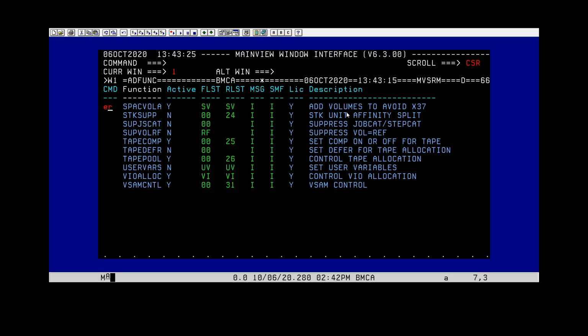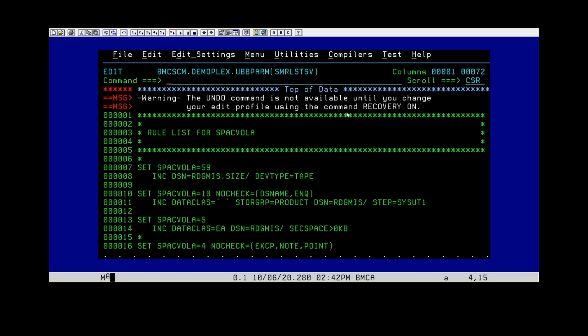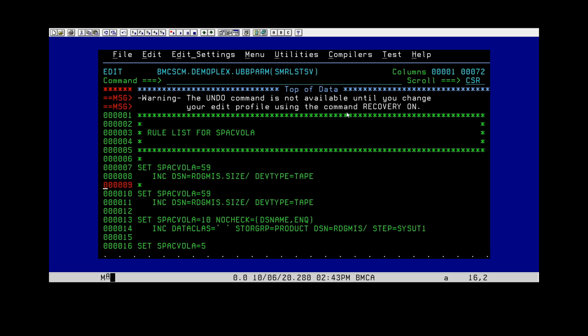We're going to edit this rule, and repeat these steps right here, and we're going to set them to 10 volumes, and the DSN is ampersand user DSN, but we don't want all user type data sets to go, so we're going to put some other criteria on here. We're going to say DSORG equals PS